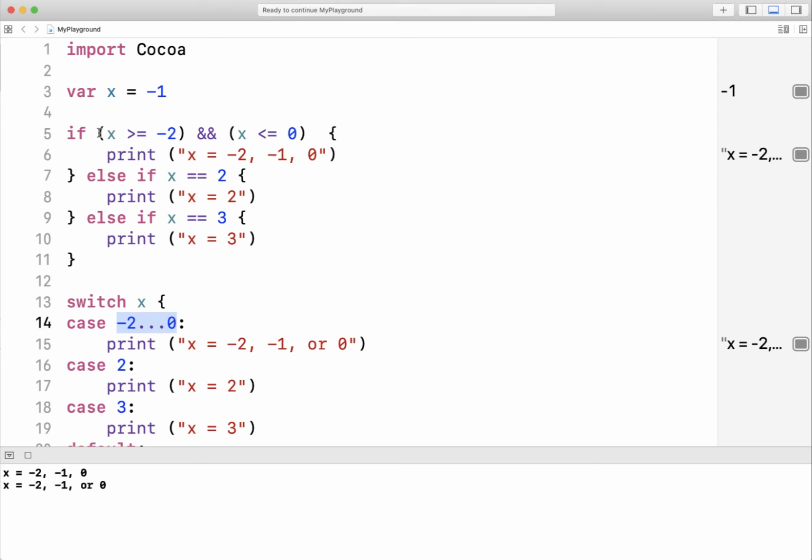And here we have to write if x is greater than or equal to -2 and x is less than or equal to 0. So it's much clumsier to write it this way with an if statement than it is to write a range like this in a switch statement. And so use these three dots as a range to define the minimum value up to and including the maximum value. Swift also offers another way,